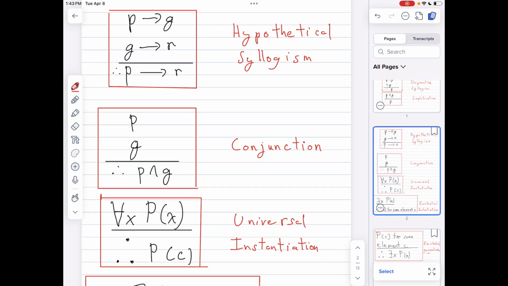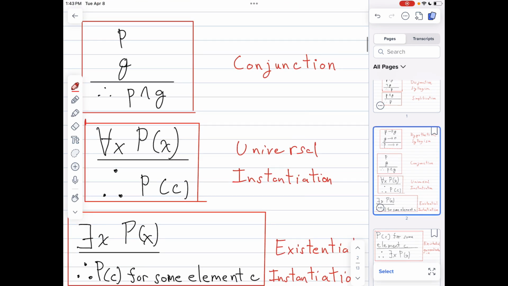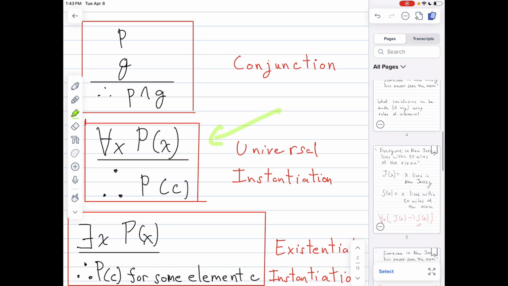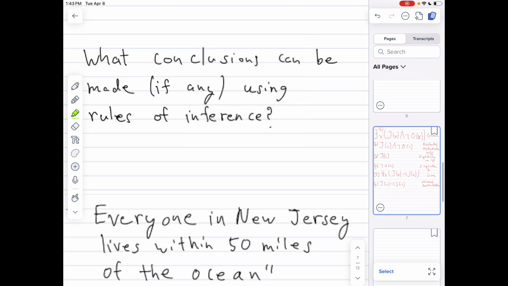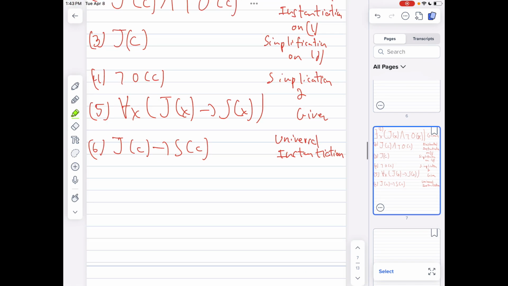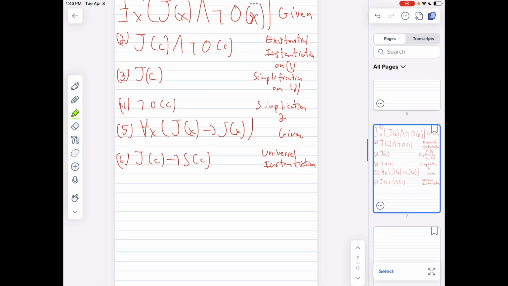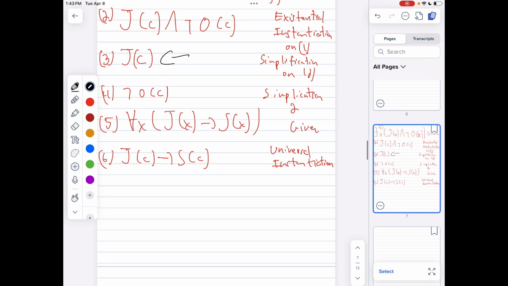And just so we can look at the rule of inference, it's right here. So if you tell me that a statement holds for everything, then it holds for a specific thing, is what a universal instantiation is saying. All right. So now what can we do with that and any one of our rules? Well, I notice that you have J of c here is true, and 6 is true, and what you conclude here,